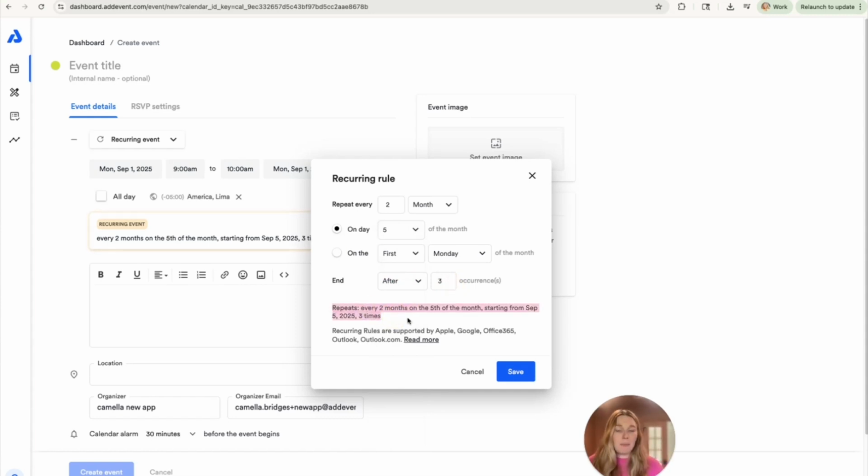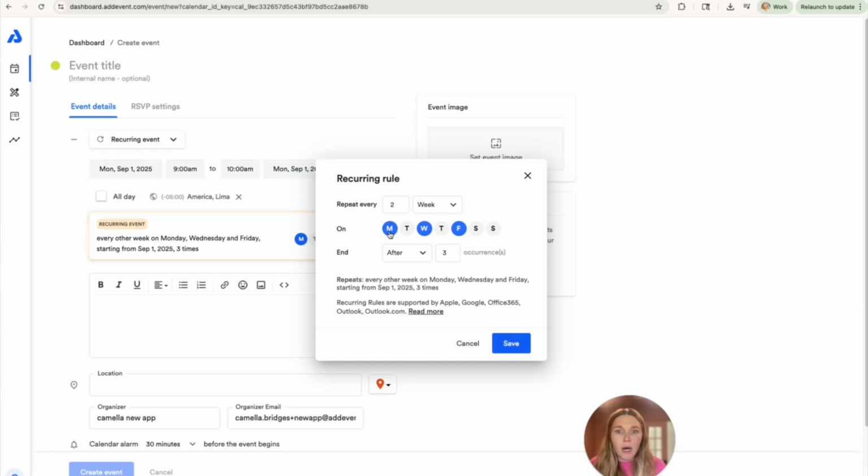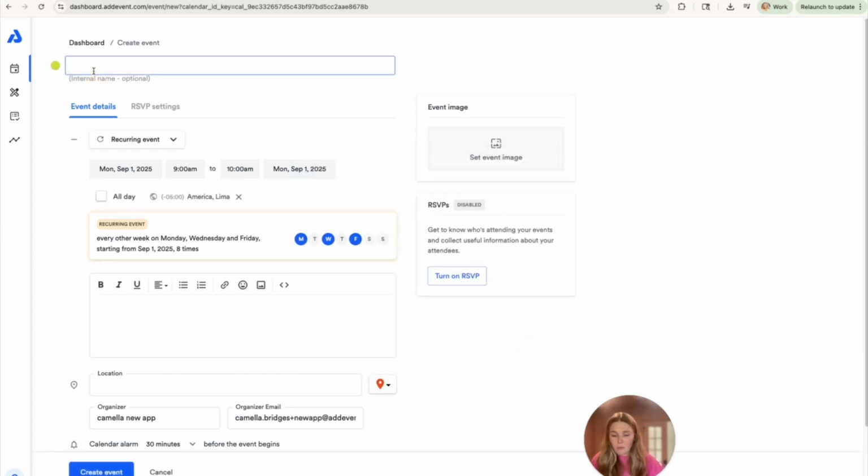It'll give you this repeat here, the sentence describing what you've put. So read that to make sure that you've got the recurrence set to how you want it. Or we could just do on Mondays, Wednesdays, and Fridays, starting on this specific date that we created our event from, after 8 occurrences. So let's just save that. And we'll do